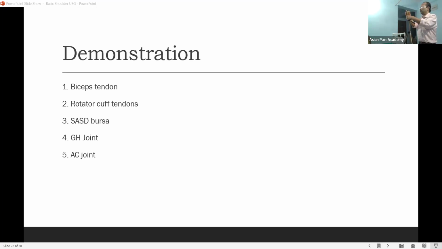I am audible, no? Nobody is telling anything, so I am audible. Yes. Okay. So below deltoid will be the yes sir. No, nobody can tell where the SASD bursa is. So first,